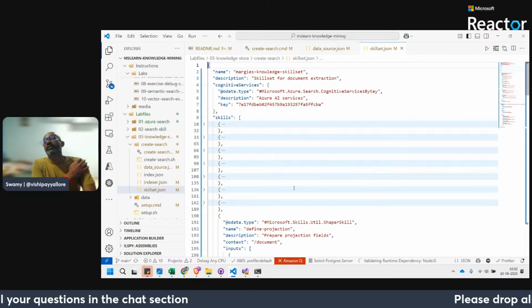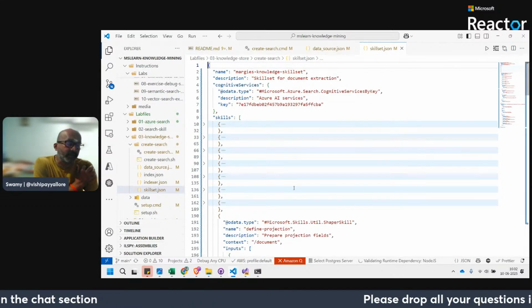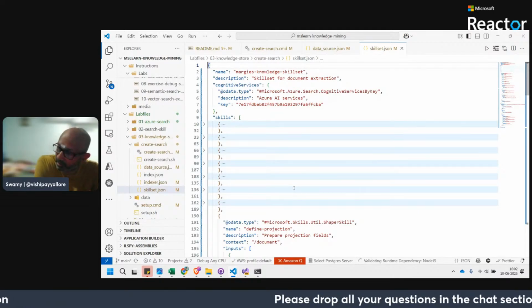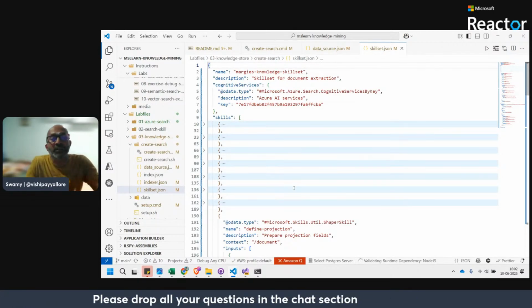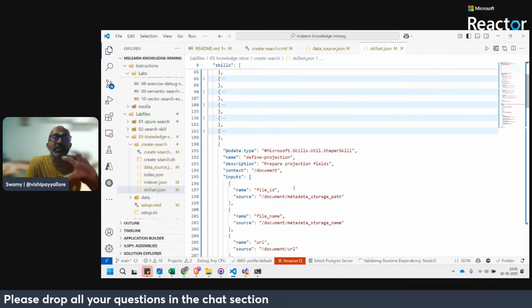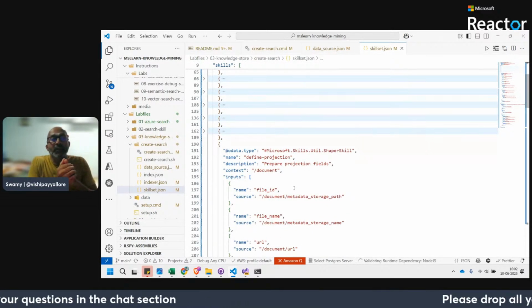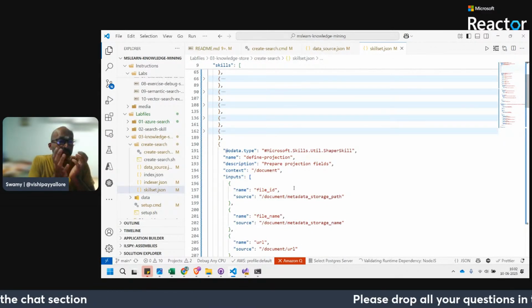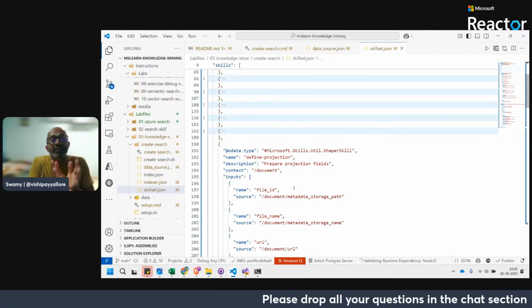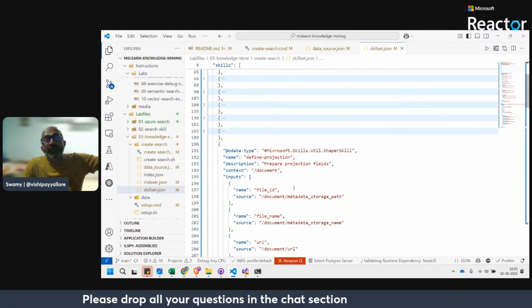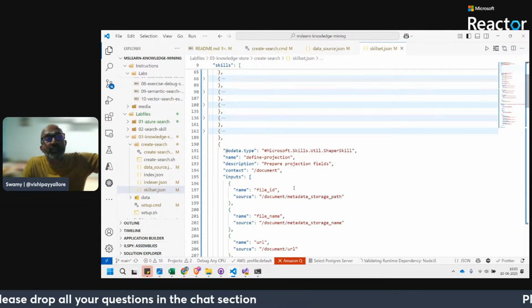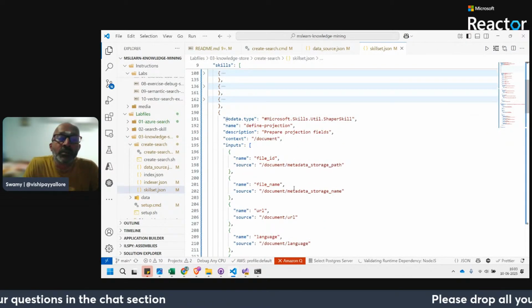Now, in the previous session, session 2, we discussed the web API skills where we were hooking it to the Azure function. Now we are using the shaper skills so that the content which is generated as part of the enrichment pipeline, those projections, can be stored to a data store.